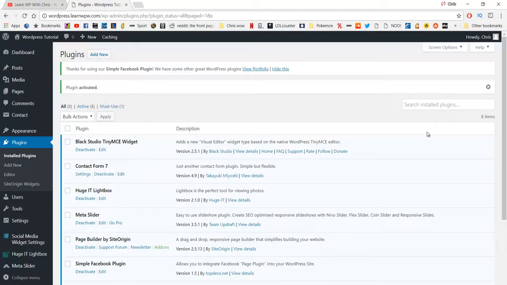Well, now that you know kind of what a plugin is, we're just going to move on to the next section. So the next step is to pick our theme that we're going to use for our website. So if you just go over to Appearance here and then hover over Themes and then click,